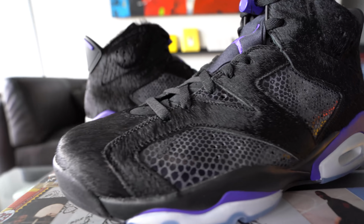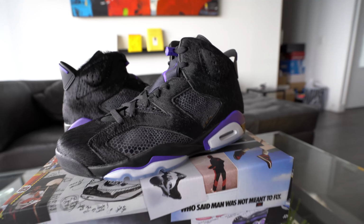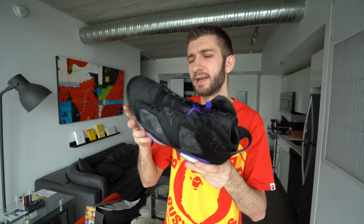This is coming right after the infrared 6s dropped. It's basically the same color scheme, except instead of the infrared, you just have the purple. Otherwise, it's an all black shoe, but they went nuts on the materials here. I love this. This is, in my opinion, 100% worth the $370 price tag. I would spend this if I was just regularly shopping and I saw these in store. Didn't start off that hot with the first couple of brands, but Nike and Jordan, you are definitely bringing us